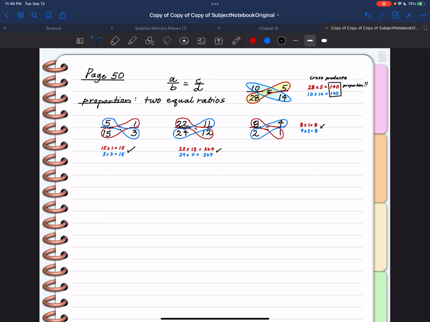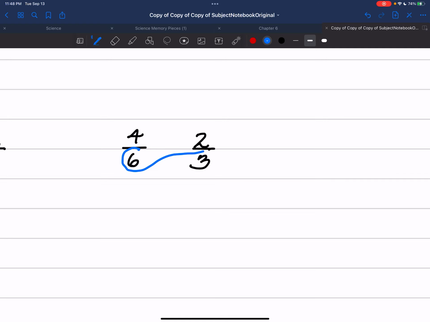So on page 50 at example 1, it tells us to determine whether the ratios 4/6 and 2/3 form a proportion. So you will set up the ratios and multiply them. And I get questions a lot. Can I do this one first? And you absolutely can. That's 12. And then this one, sorry, I hit erase for some reason. 4 times 3 is 12. So yes, this is a proportion